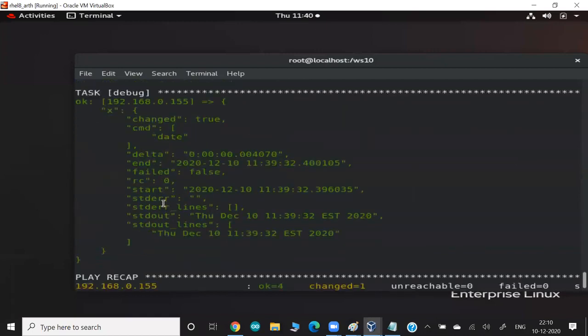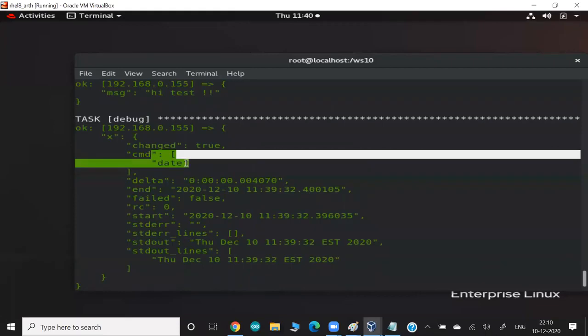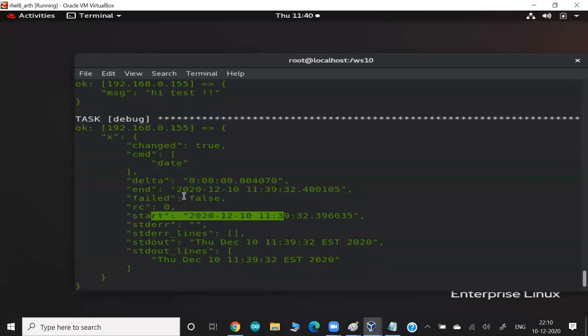And guys, if you see here in the command module, we asked it to run the date command. And here it ran, and it also shows when it started and when it ended. This is very useful, guys. Some of the tasks you run in Ansible may take 1 hour, 2 hours. So from the start to end, we come to know how much time they consumed, and accordingly we take some further decision,